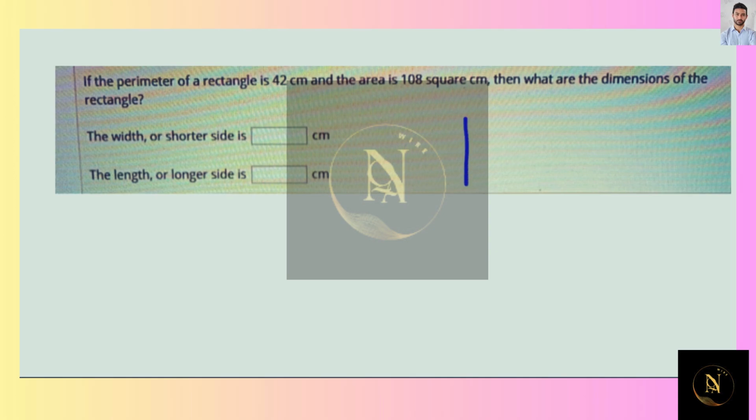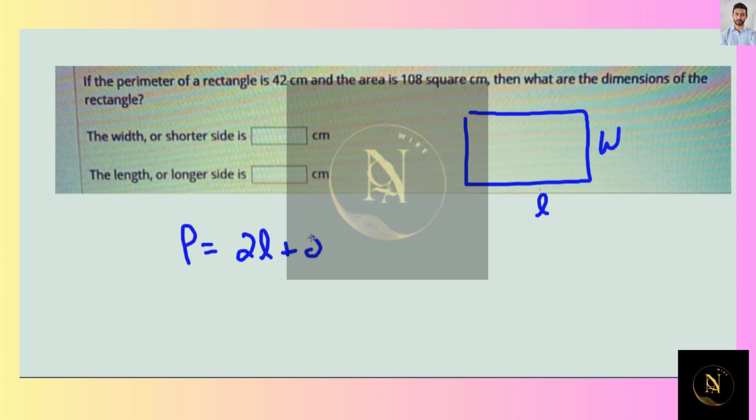Well, in general, when we think of a rectangle as having a length and a width, then perimeter is 2 times the length plus 2 times the width, and the area is length times width. And if we know that the area is 108, and we know that the perimeter is 42,